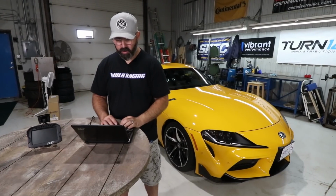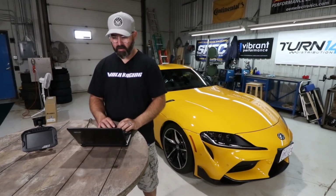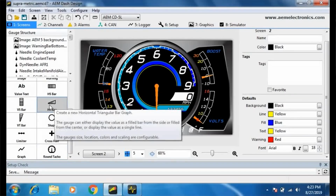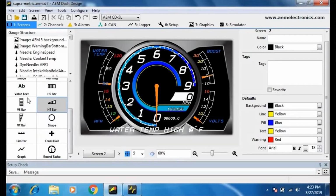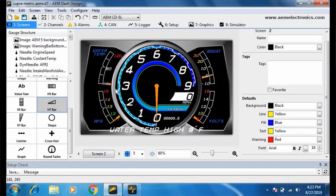All right, I've jumped over to AEM Design now. And as you can see, I am on the main screen here that shows me the dash design. And it's all, as you can see, from like the default colors over here and the way the bars work. You've got all kinds of options here for everything from text size, text color, to location of all of these readouts. You can move it all around, customize it all as much as you want. So you could literally design your own dash from scratch if you want to, or like us, upload one of